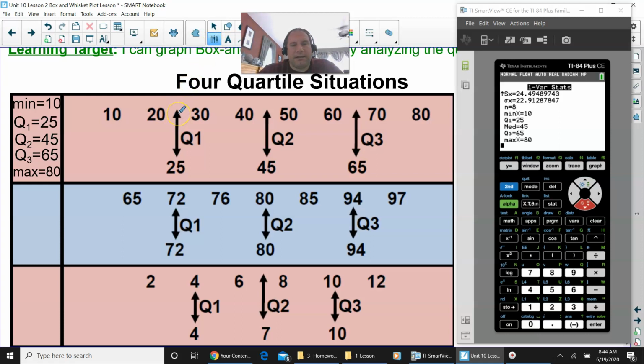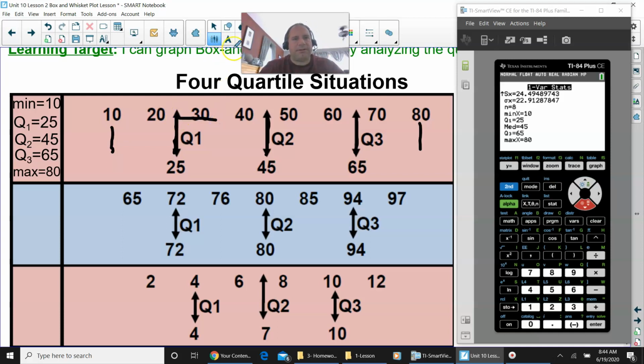All right. So this is basically what you do. I'm just going to draw it as if I was doing this. I have a min of 10, so I put a line like this. And then the quartile 1 is 25, so I put a line like this. And then quartile 2 is 45, I put a line like this. And 65 is quartile 3, and I put a line like that. And the max is 80, and I put a line like that. Then I just connect